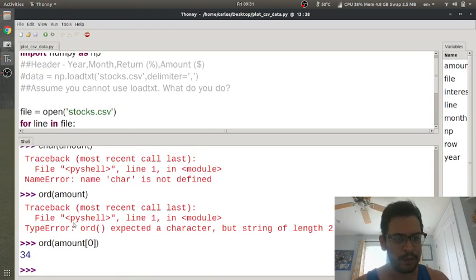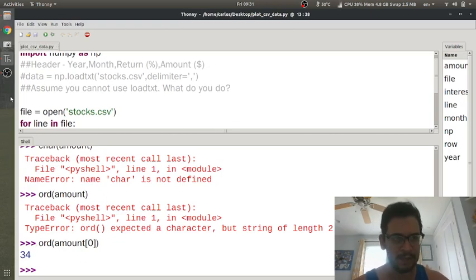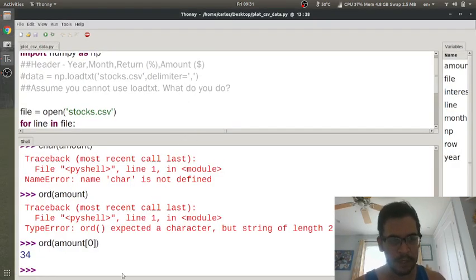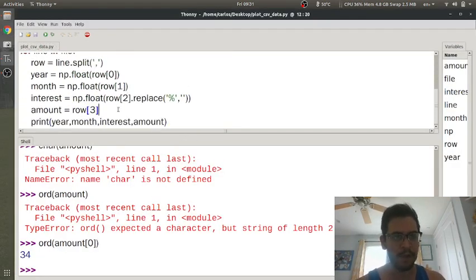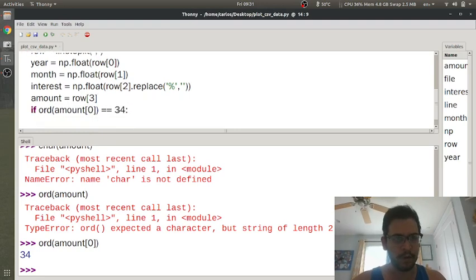Now, there is a function called ord, and in this case I'm doing ord of amount[0]. It's taking the first character of amount, which is a quotation, and converting it to its ASCII equivalent. So I went over to Google and looked up an ASCII table, and the decimal equivalent of 34 is a quotation. So what I'm thinking we do is take the first character, if ord of amount[0] is equal to 34, it means we